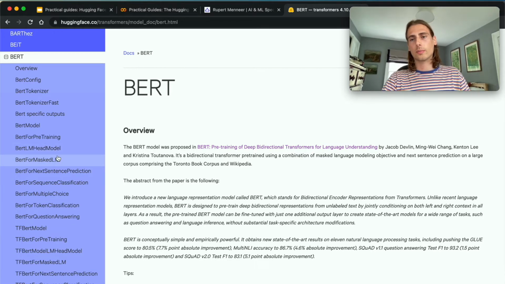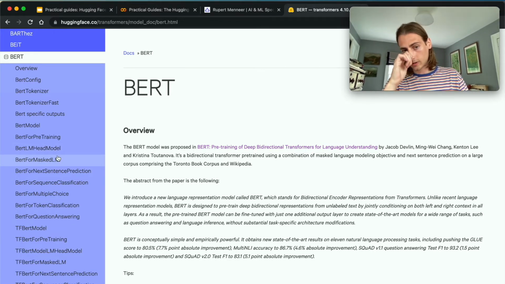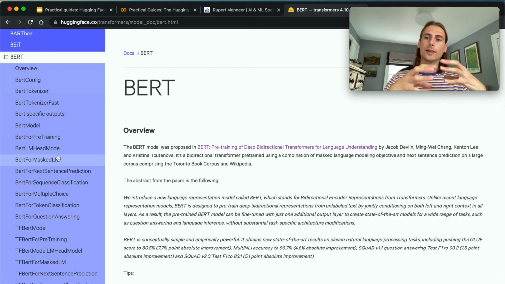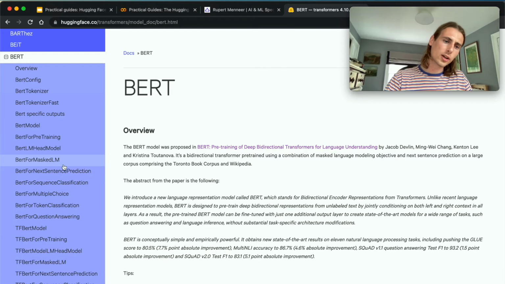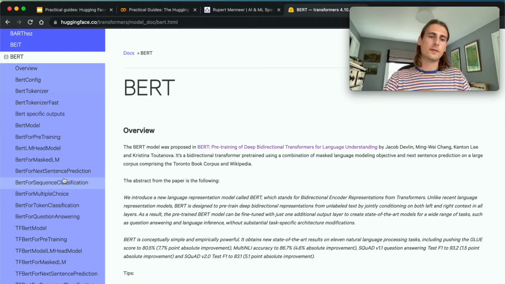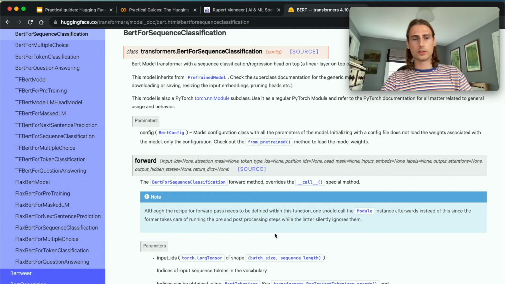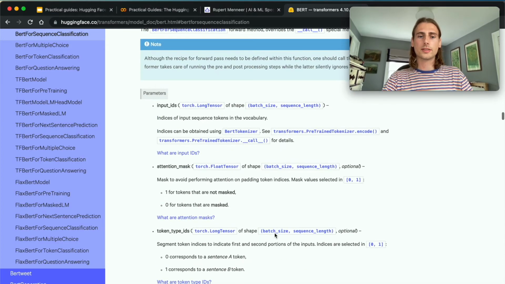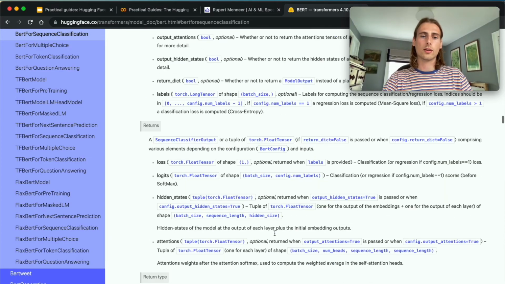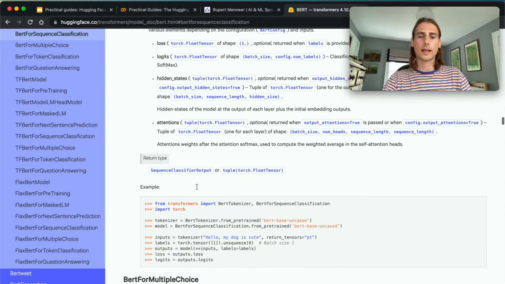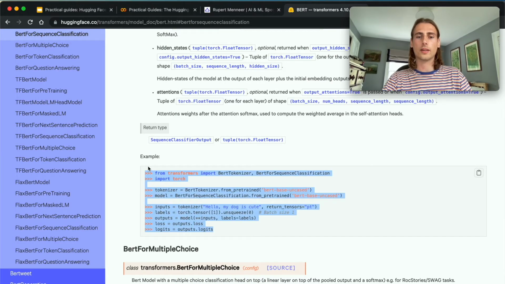So we're going to be focusing on PyTorch in this series, and we're also going to be looking at some of the inbuilt transformer stuff as well. We're going to have a look at their trainer in some later episodes. So let's go to BERT for sequence classification. Here you'll find the parameters to the model that you're going to need. You're going to find out what it gets back. You're going to see some little example code of how to implement it,